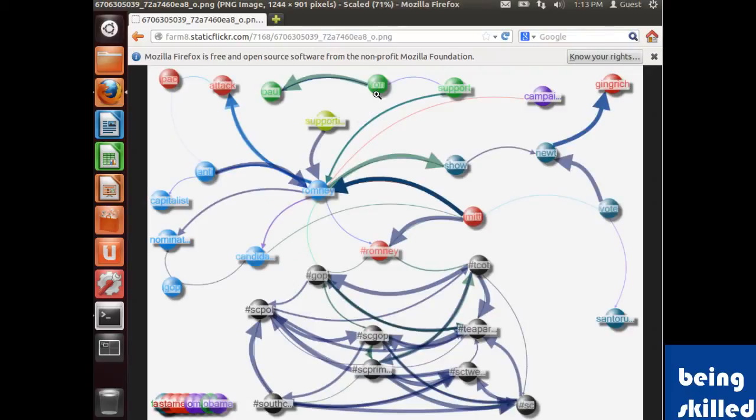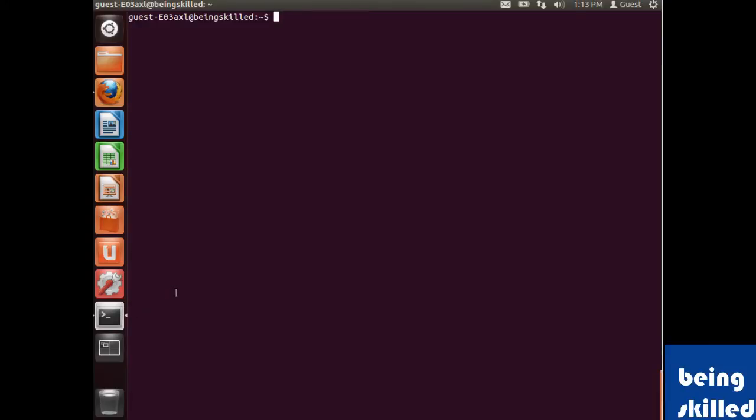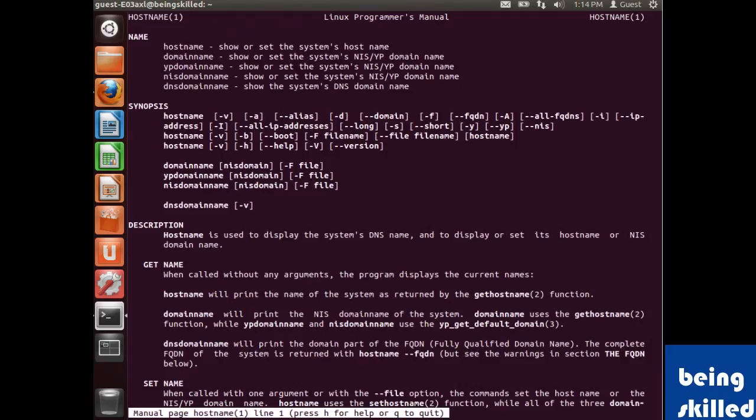On any Linux or Unix system, we have a command called hostname, which displays the hostname of the system.